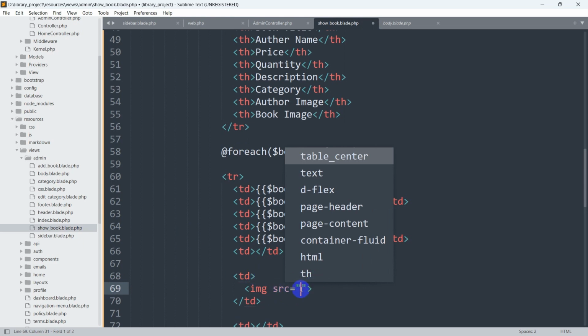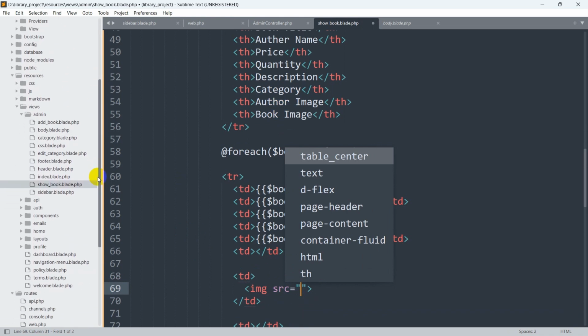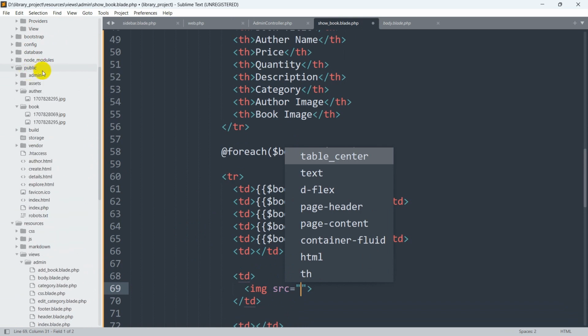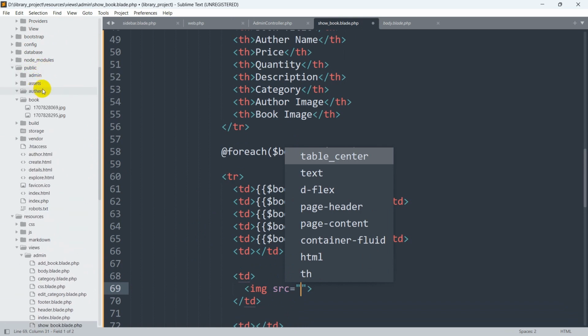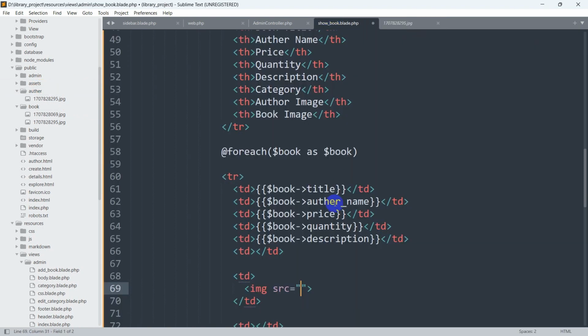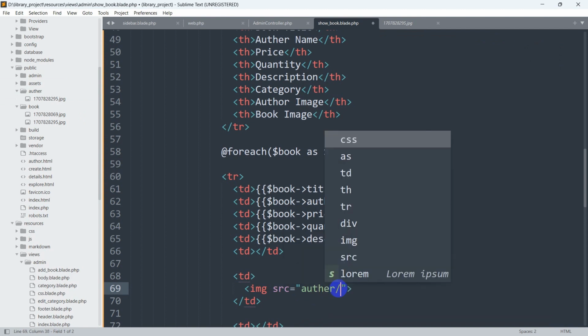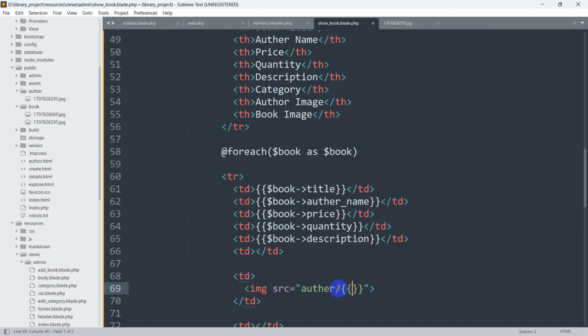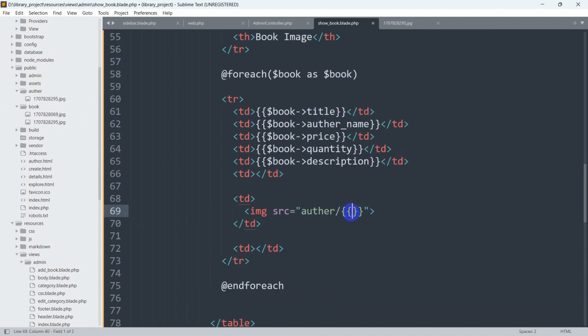And in the src, we need to mention where we stored the image. So the first one is author image, and we stored the author image in the public folder. In the public folder, we have this author folder, and in this author folder, we store the image. So first we are going to mention the author folder name, then we'll give a slash here, then we'll give two second brackets. And after that, just like before, we need to mention the $book, this arrow sign, and we are going to show out here